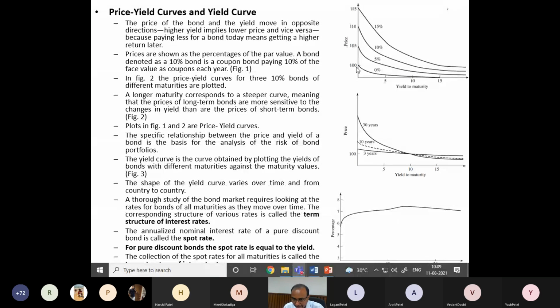So if you buy this bond today at 100 and its face value is 100, we have assumed the face value of all bonds is 100. At maturity, it will give you 100 rupees back. So you buy this bond at 100 rupees, it is not giving any coupon, and at maturity it is giving 100, so it is not giving any yield, right? 0% yield. So that is the beginning point.